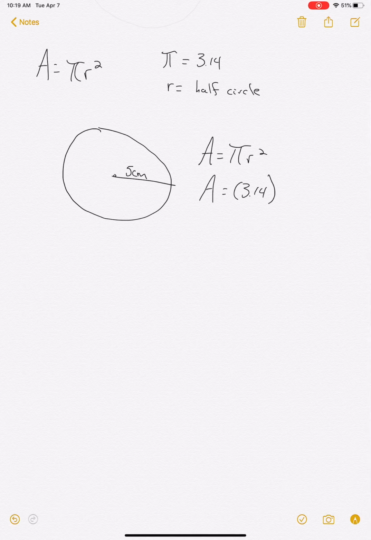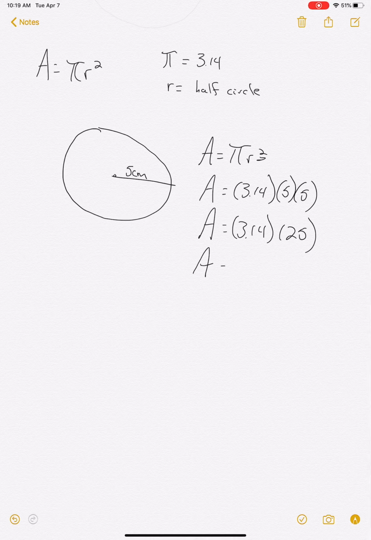3.14 times 5 squared. And remember, when it's a square, we can expand it out, or 5 times 5. So our area is going to be 3.14 times 25. Give me 1 second. I don't know this off the top of my head. So our area would be